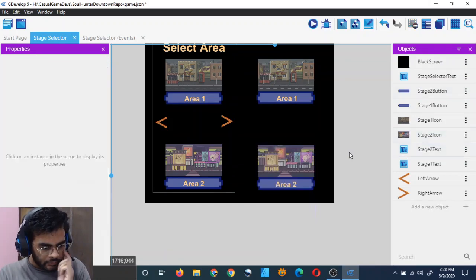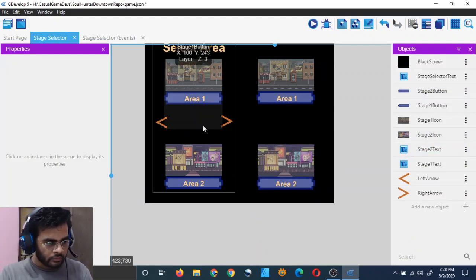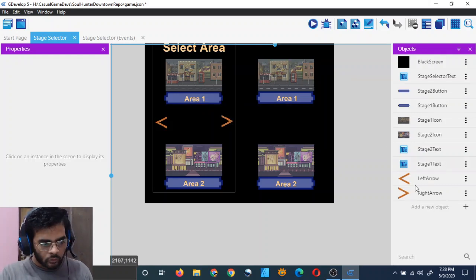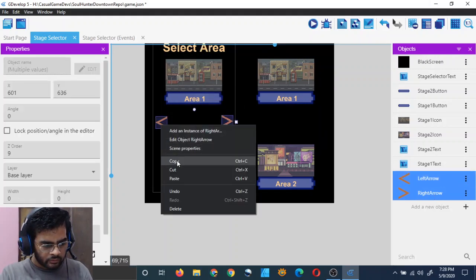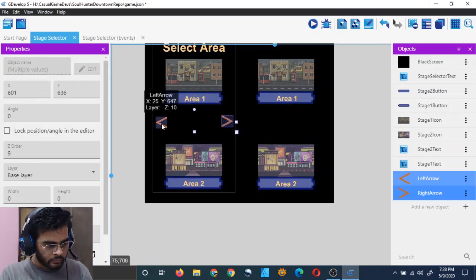So there it is. A little bit upward will be. And for this one, don't copy that. Put it again, or you can copy it. I guess just do it then. Copy this one. Copy both of them.